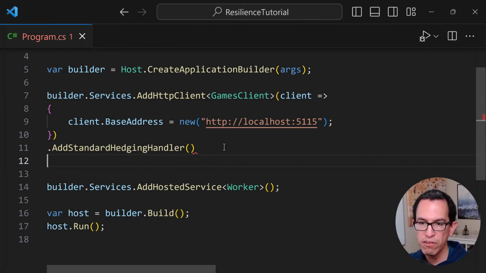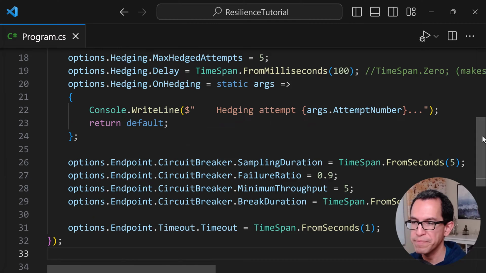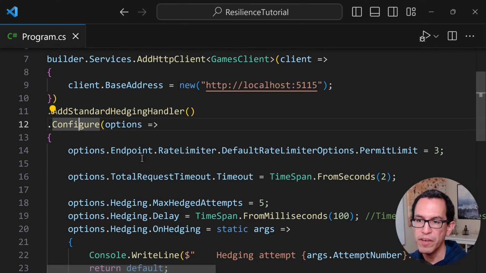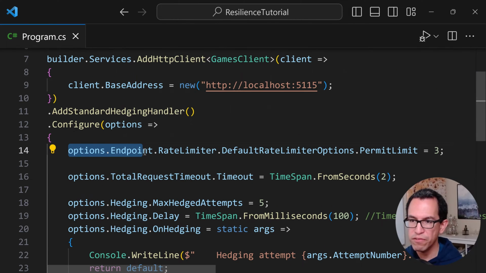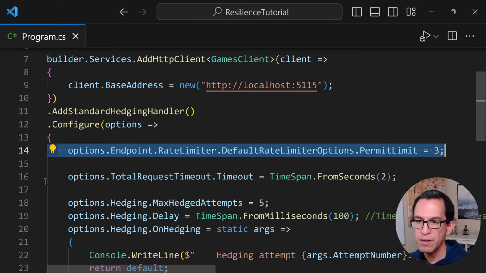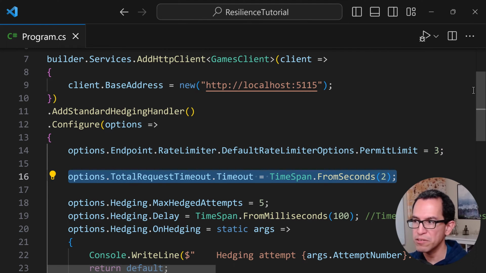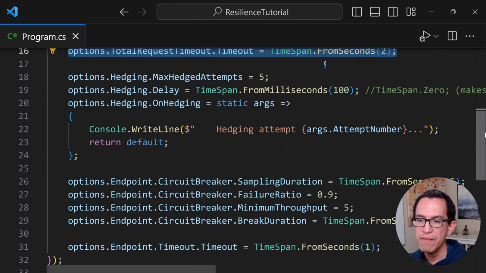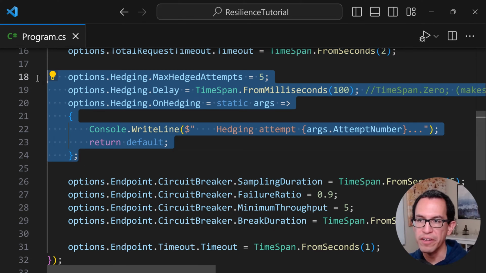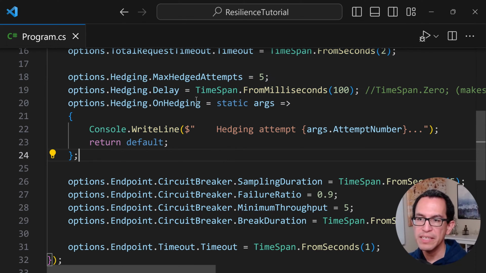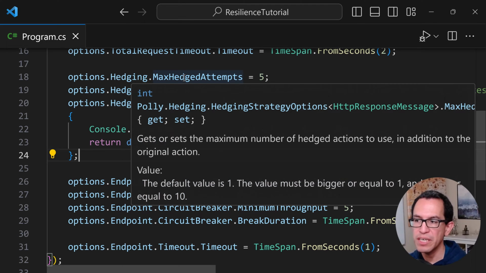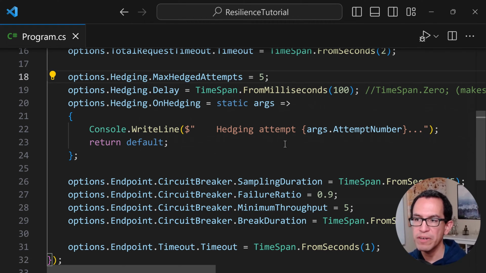Okay, we're going to be using the configure method this time over there. So once again, we have the configuration for our rate limiter. We have our total request timeout. And then we have the section for hedging over here, right? And so the idea is that it's a little bit different. What this means here is that max hedging attempts is how many